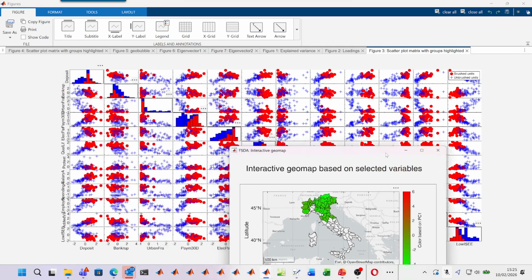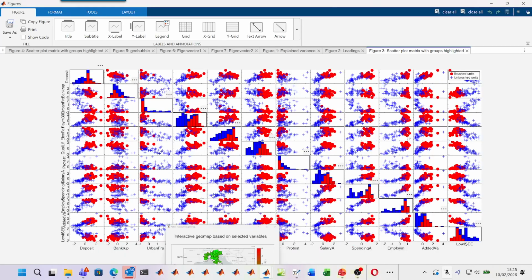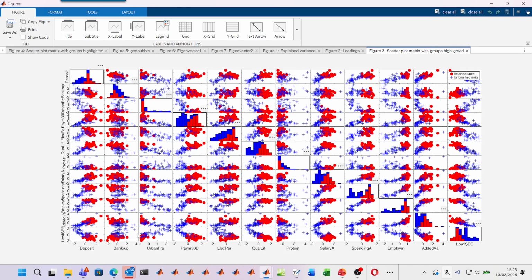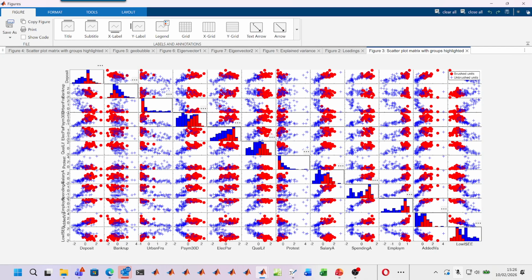And you see now the characteristics of the brushed units: they have high deposit. Then you see urban fragility is small. Bankruptcy actually is not so clear. This means that, independent of whether you are poor or rich, you can be dishonest. If you are dishonest, it doesn't depend on richness. You can be dishonest if you are very poor, but also if you are very rich. This does not matter. And this clearly says that bankruptcy